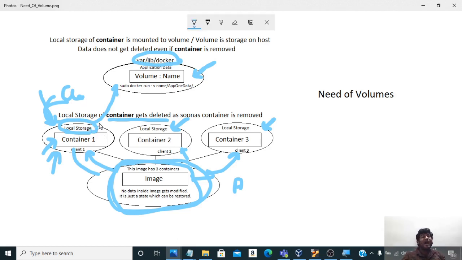How we mount it is a different thing; we will cover it in the next chapter, while we will be creating the file for MySQL. So we mount it, and even if we now delete this container, the files of this container remain saved in a volume. And this is how we efficiently use the container service, the containerized service.